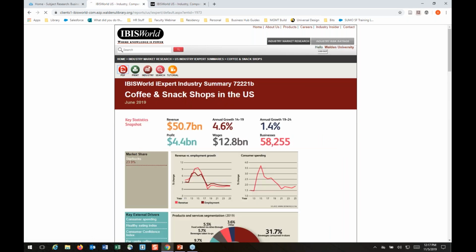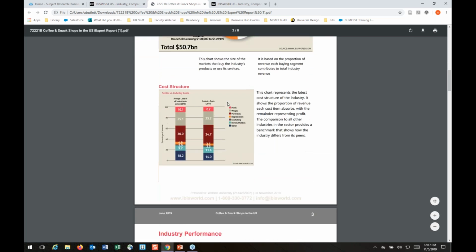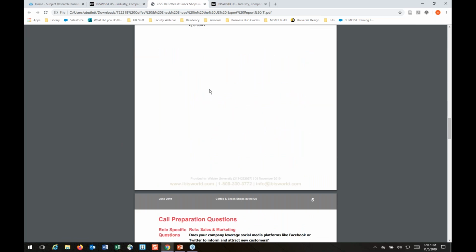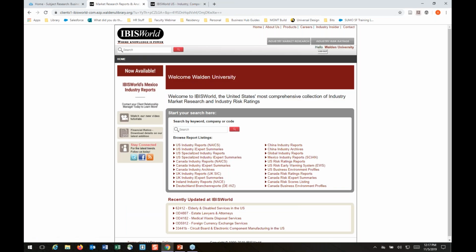If you wanted to print this as a PDF for your reference, I'll wait for it and hopefully it says yes. Good. Excellent. So you could print this off for your own reference, come back to it later. But just know that there are a few things in there that you can use to keep track of what you found. The next thing I wanted to point out,